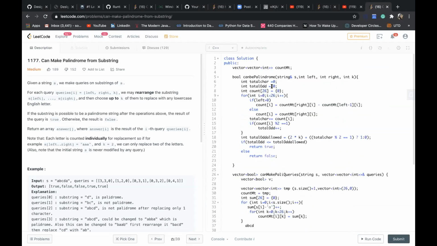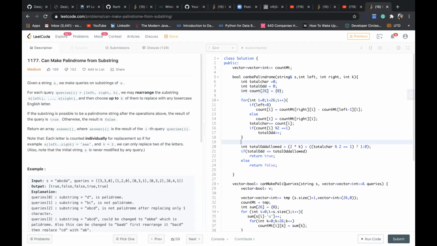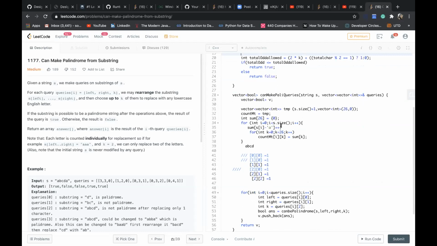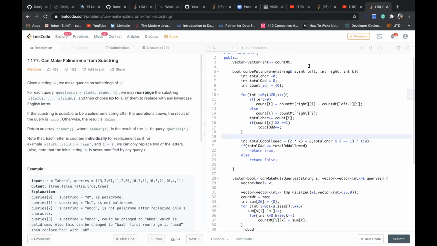So this is my canBePalindrome function. Let's look at this loop first. We have passed left, right, and k here. Suppose my left was 1 and right was 2.